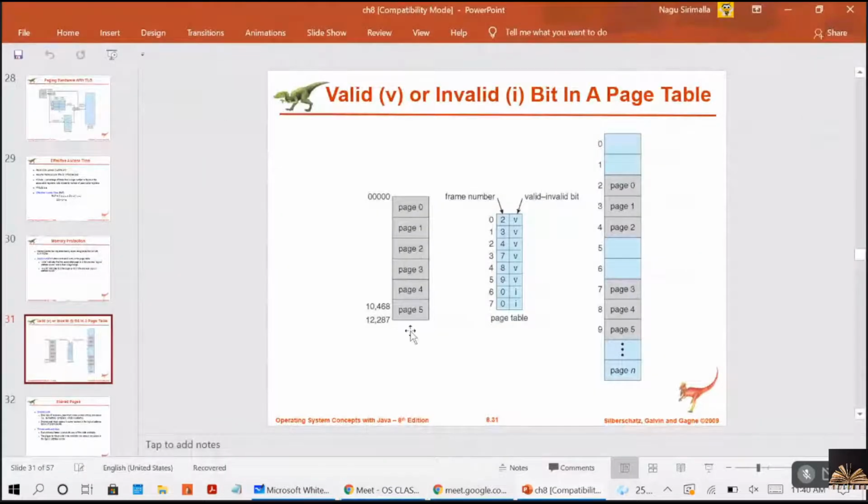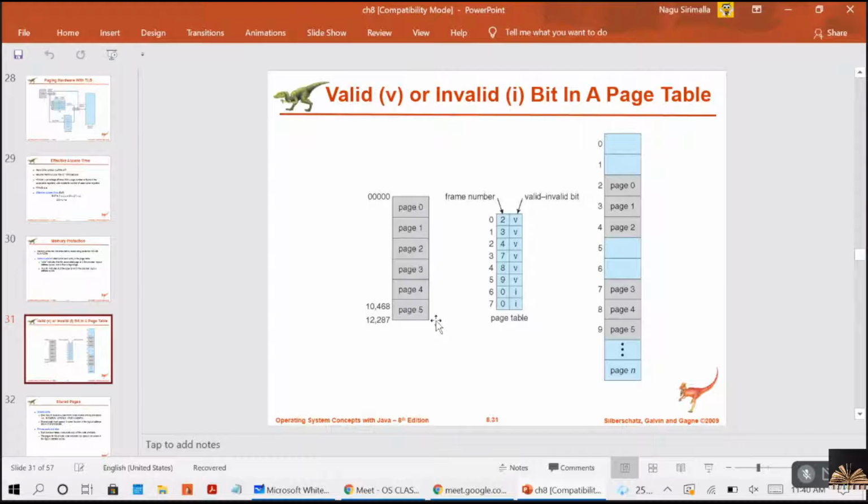See, in the fifth page, your program is loaded only up to 10,468. But let's consider the user is requesting an address in page number 5.